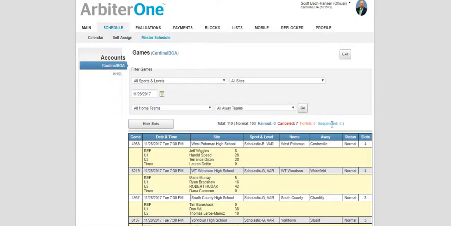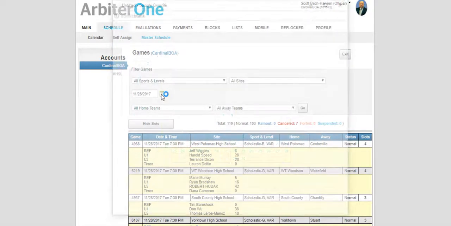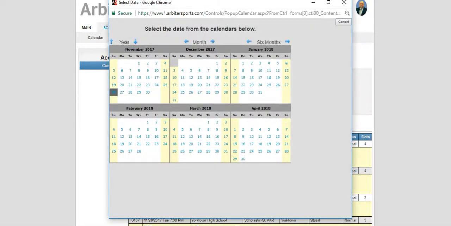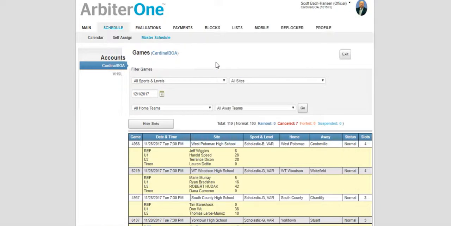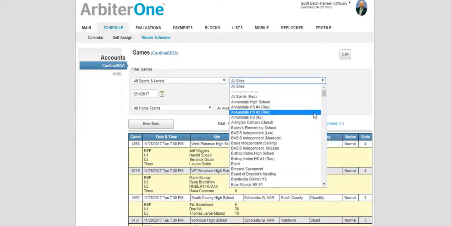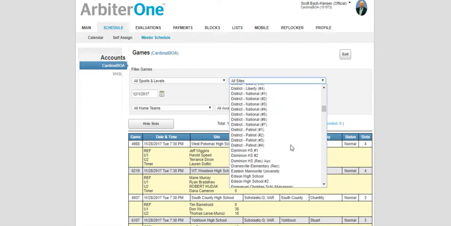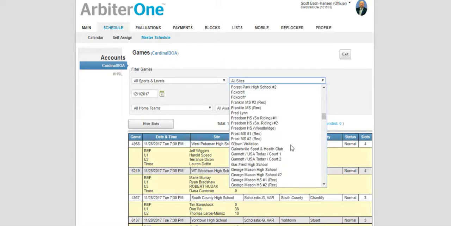Okay. One thing also that you can do is you can decide the home teams, the away teams, or the sites, okay? So if I were just going to change the date here, and I was going to go, let's just say Friday, December 1st. I'm picking Tuesdays and Fridays for obvious reasons. Before I hit go, maybe I'm just going to flip through the sites here and see if I can come up with one,